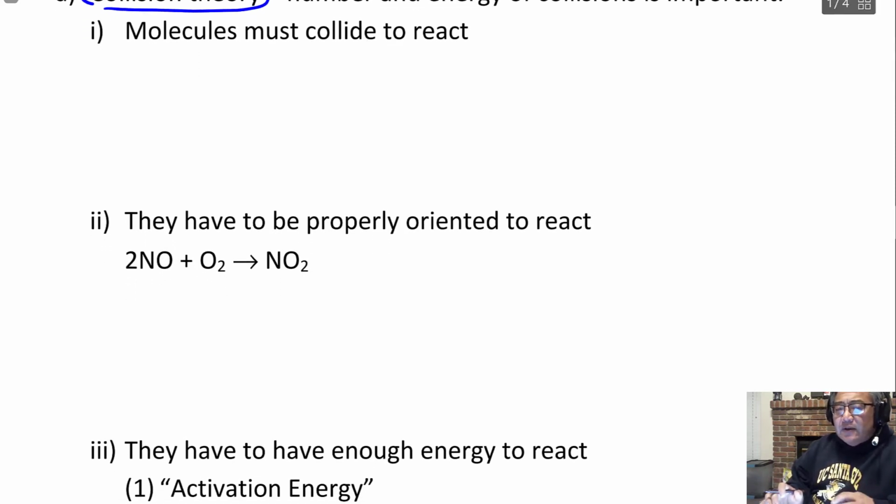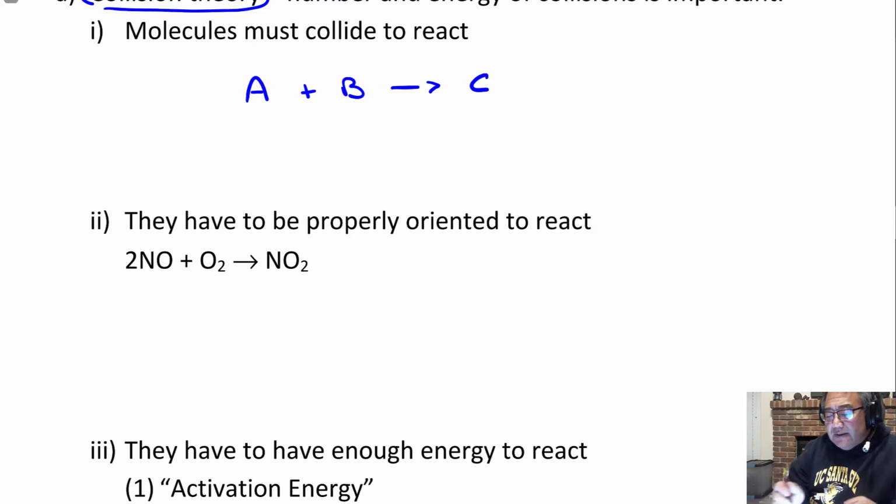In collision theory, it basically says if I have 2 molecules, and let's say A plus B gives me C, like that. Well, in order for this reaction to happen, collision theory says they just have to run into each other, right? So collision frequency is often one of the things that we think about in collision theory, how fast things will collide. The other thing, though, we have to think about is